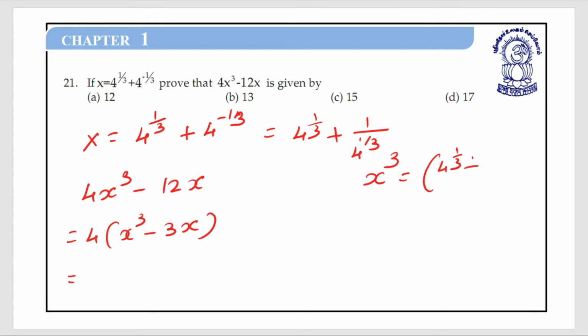So (4 raised to 1 by 3 plus 4 raised to minus 1 by 3) cube, a plus b cube. So x cube is equal to (4 raised to 1 by 3) cube, a cube plus b cube, (4 raised to minus 1 by 3) cube,